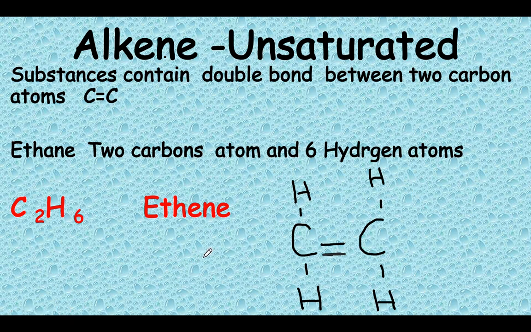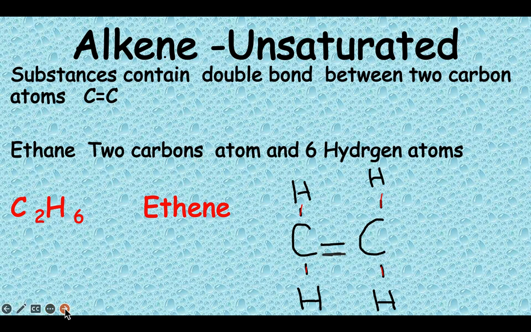The second homologous series is called alkenes, and alkenes are substances that contain a double bond between carbon and carbon. They are unsaturated because they contain the double bond between carbon and carbon. The first member is ethene, and each carbon atom will be surrounded with 4 bonds, 1, 2 in the double bond, 3 and 4 for this carbon atom. The same for the second carbon atom, in common double bond, 1, 2 and 3 and 4. This is showing the structural formula. In order to get the molecular formula, we're going to count